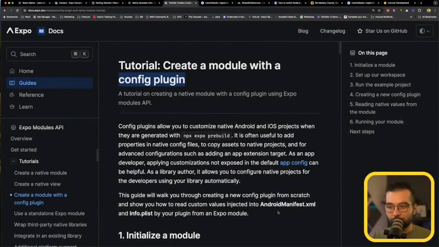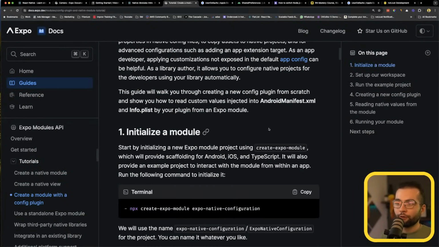And in some cases, this data should be variable, meaning that the developer of the application that is using your library should provide this information. For example, the string for the permission, when we ask for a permission, this is something that the developer of the application should specify. So that's where config plugins